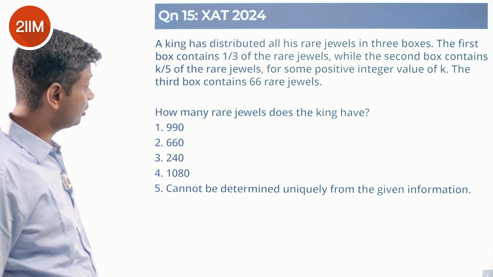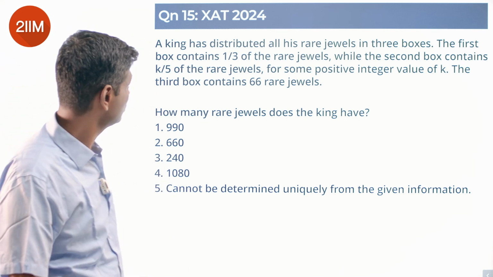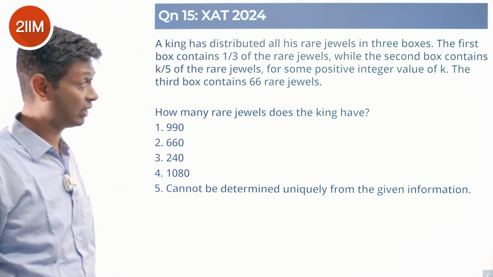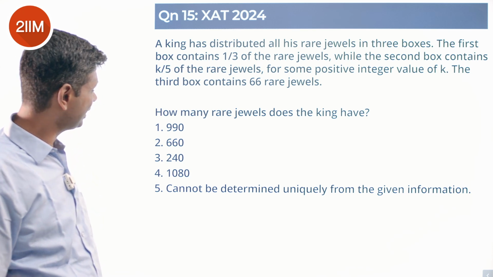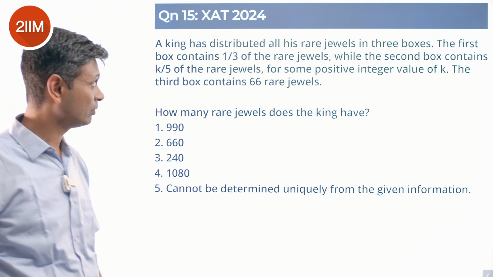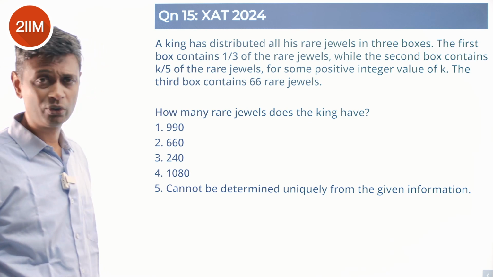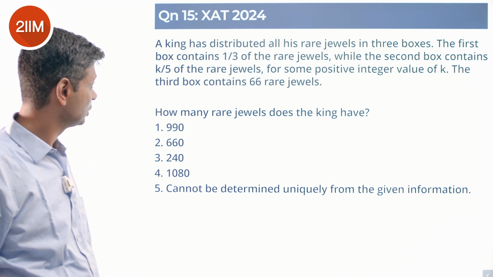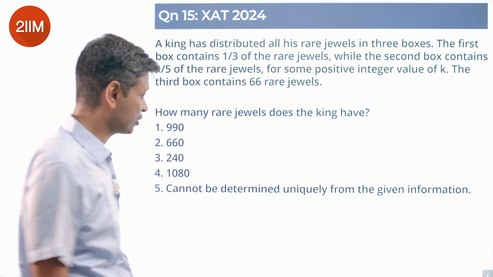A king has distributed all his rare jewels in 3 boxes. The first box contains 1/3 of the rare jewels, while the second box contains k by 5 of the rare jewels for some positive integer value of k. The third box contains 66 rare jewels, and so